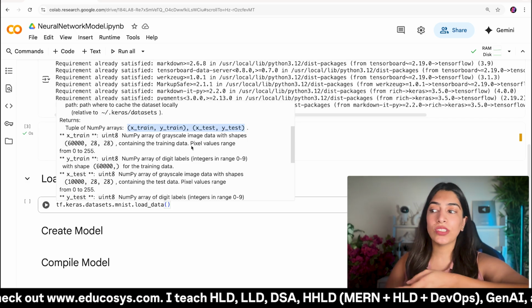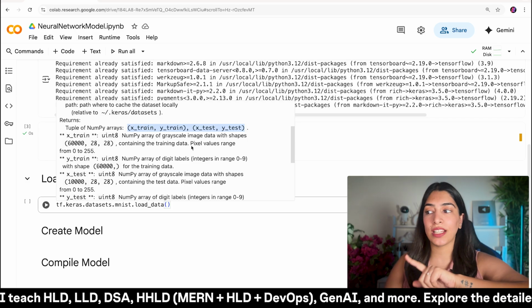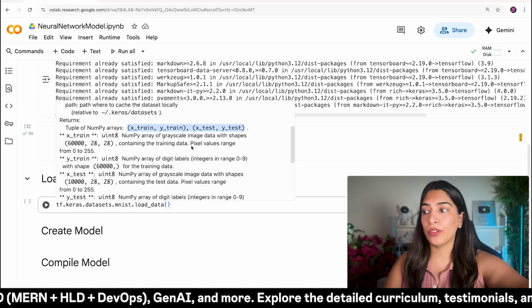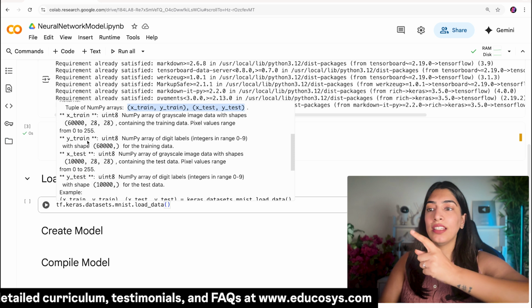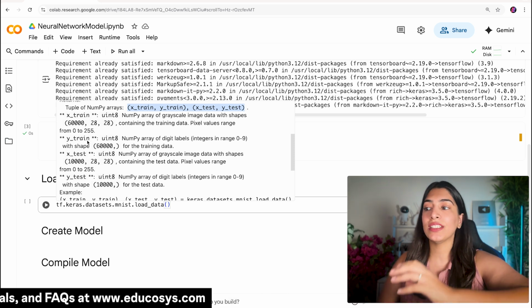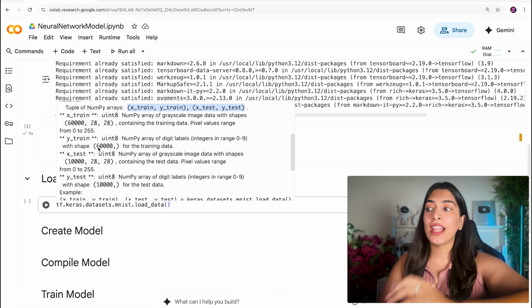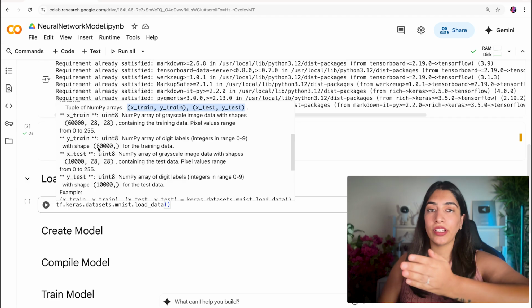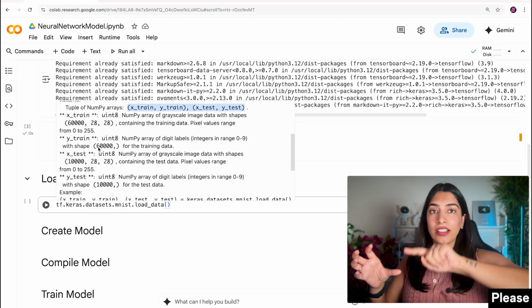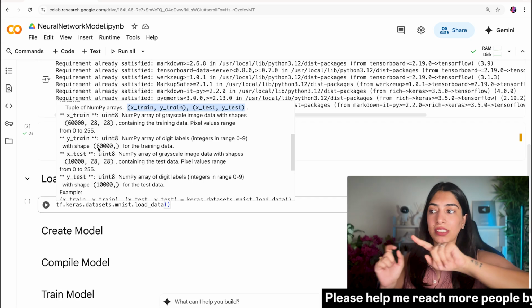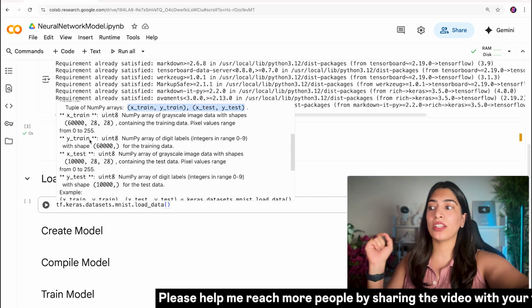Pixel values are going to be from 0 to 255. 0 stands for black, 255 stands for white. We are going to see that it should be like this. Ytrain is our label. So all the labels should be between 0 and 9, right? So it is just an integer value, and we will have 60,000 values corresponding to all of the images. So we have 60,000 images which is there in xtrain. Corresponding to all the 60,000 images, we are going to have 60,000 labels